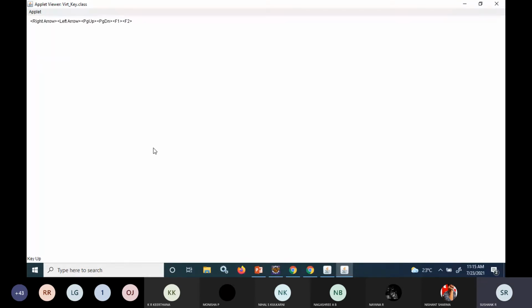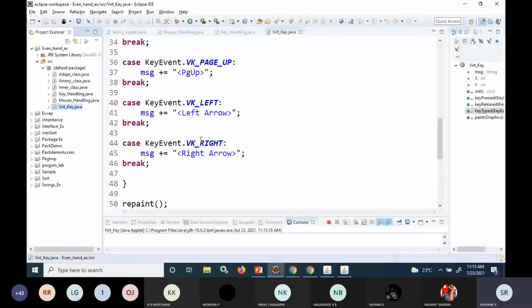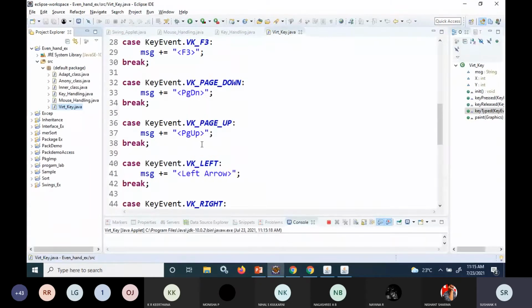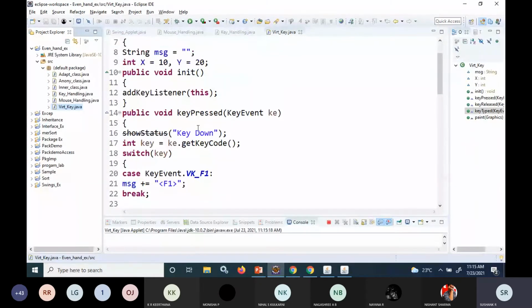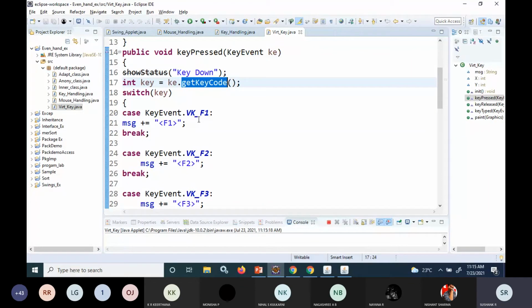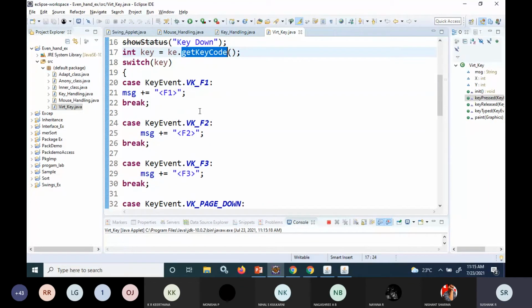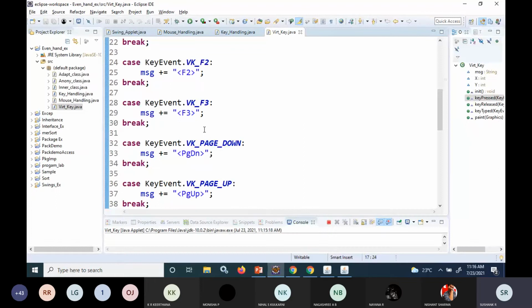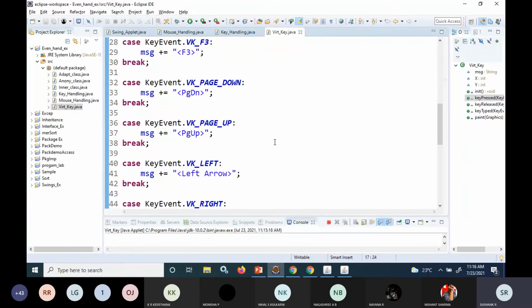See this program, it is getting from the key code, it is telling what keys I'm typing. I pressed function key 1, so function key 1 was displayed. I pressed function key 2, so function key 2 was displayed. Similarly, I press function key 3 also, now it is going to display. So like that, it is getting the keys which I have typed.